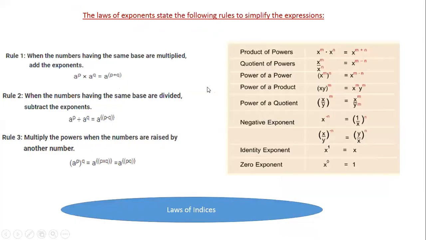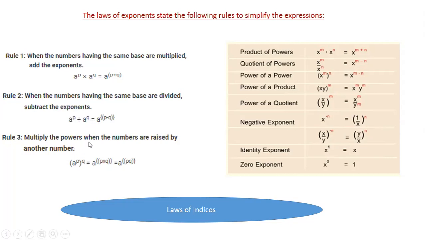See, you all have studied that x power m. This is known as x raised to power m, where x is the base, m is the power. And the first rule under the laws of indices is the product law. In this one, when the bases are same and product is there, then powers are going to be added. We just club up that base and then powers are added. And if bases are same and division is there, then powers are going to be subtracted. We all know this.